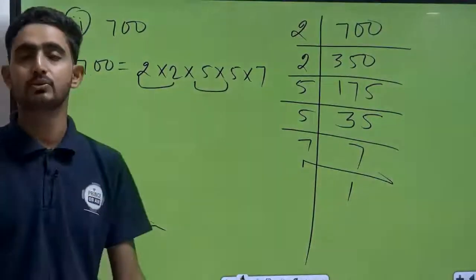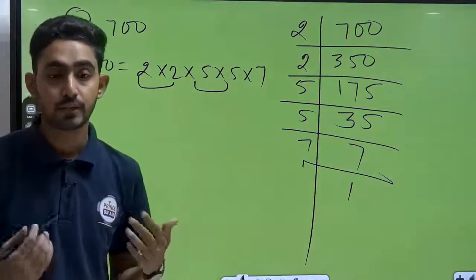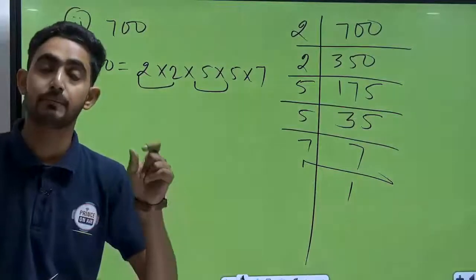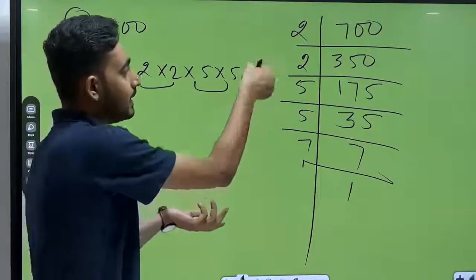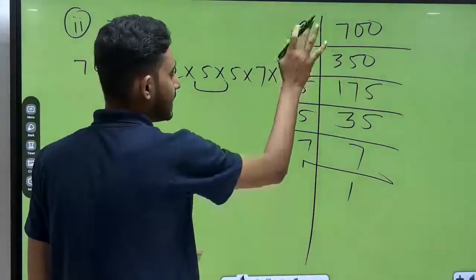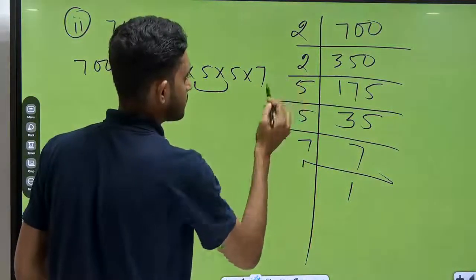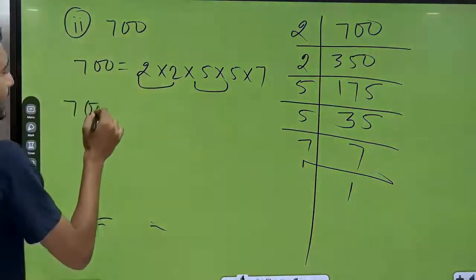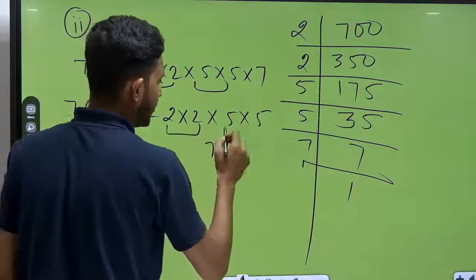Now tell me students, which number we have to multiply here in this question? Tell me fast. Which number we have to multiply? Then this will make perfect pairs and a perfect square also. Yes, very good, 7. Because it is simple to see, 7 doesn't form any pair. That's why we can say 7 is the number to multiply, but we will not multiply only here. So in the next line we will multiply 7 here and on the right hand side also. Okay. Then this will make a perfect square.